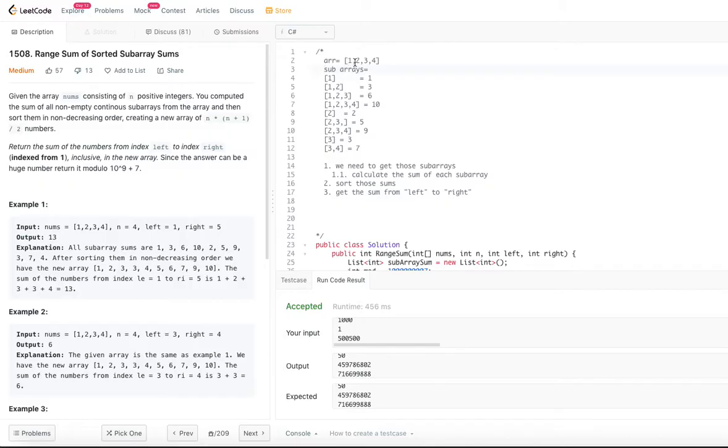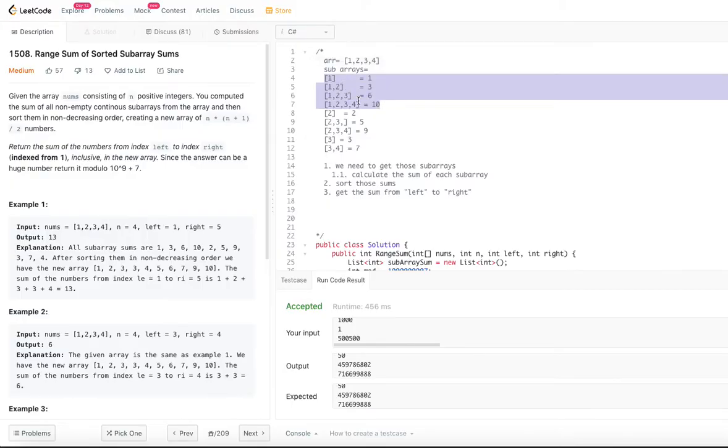So let's say this is our array: 1, 2, 3, 4. That means 1 is a single element, and with a single element you don't worry about whether it's continuous or not. Then 1, 2 is our next subarray; those are two continuous elements in the original array. The third one is 1, 2, 3, which is contiguous. Then 1, 2, 3, 4; obviously the entire array is a subarray. That means we are able to cover the first 4 subarrays with that.